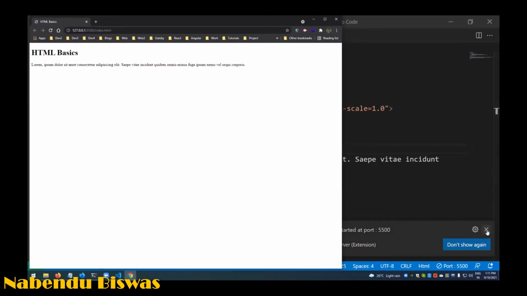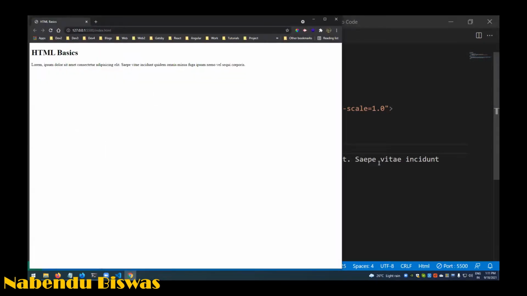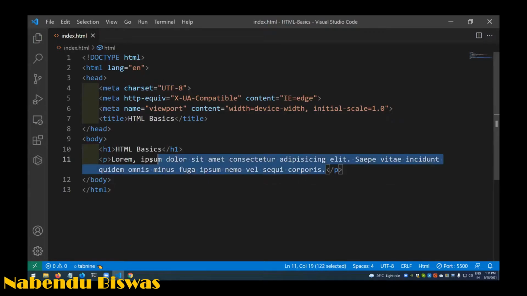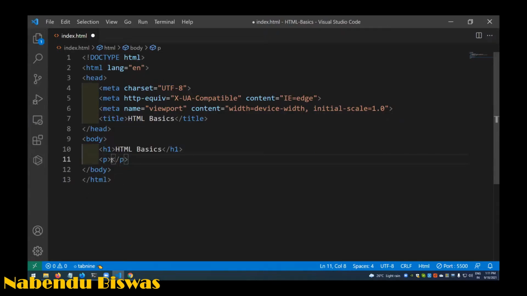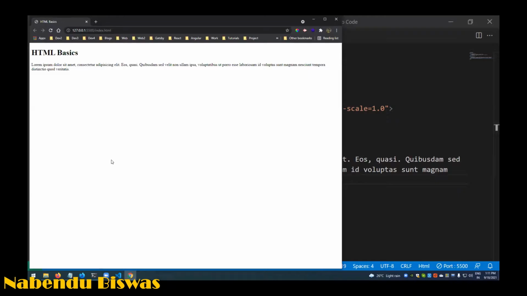So what will happen every time if I make some changes here, like maybe lorem 30, a bigger text, it will instantly go there. Okay, so this is what this live server extension is all about. So next,